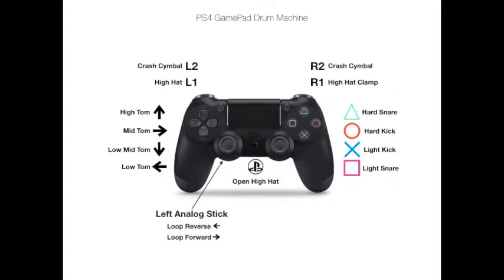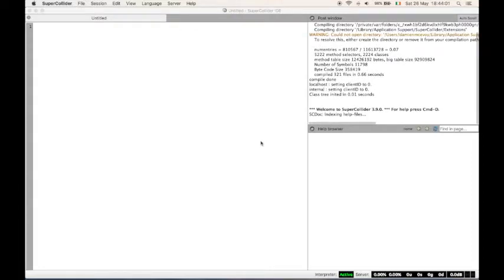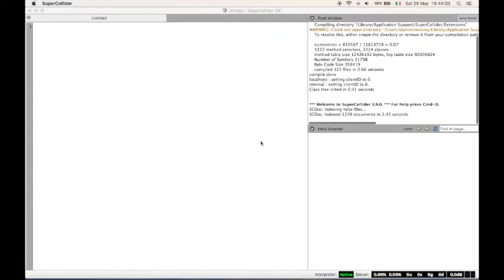The left and right analog sticks are used to loop through samples, allowing the user to scan forward and reverse, and to speed up or slow down the sample. We will now take a more in-depth look at how to run the file and how the system was designed